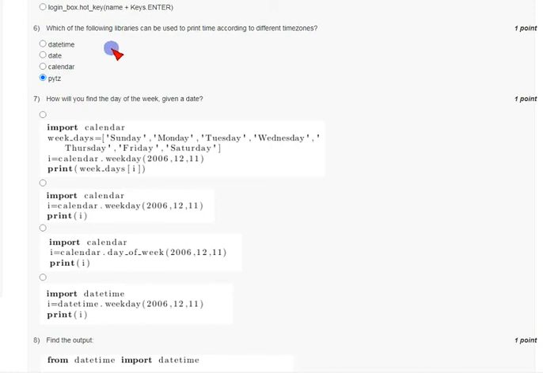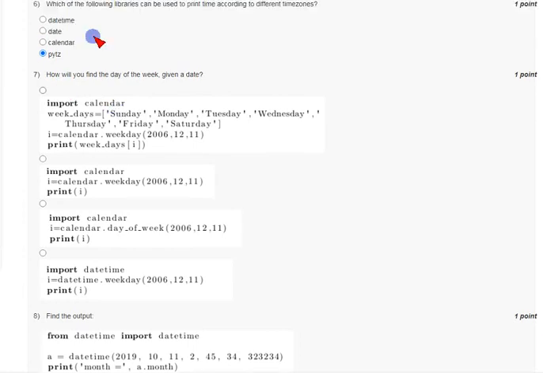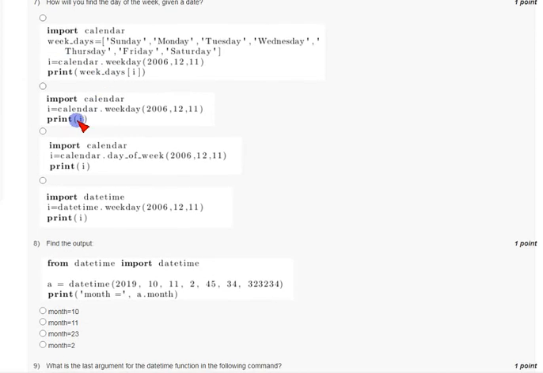And coming to seventh question, how will you find the day of the week given a date? That means they have given a date and we have to find the day of the week. So the code for that question is option A, because here we are specifying all the possible names of a week, that is Sunday to Saturday.